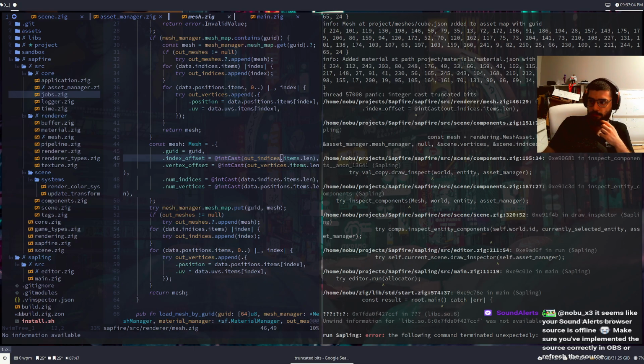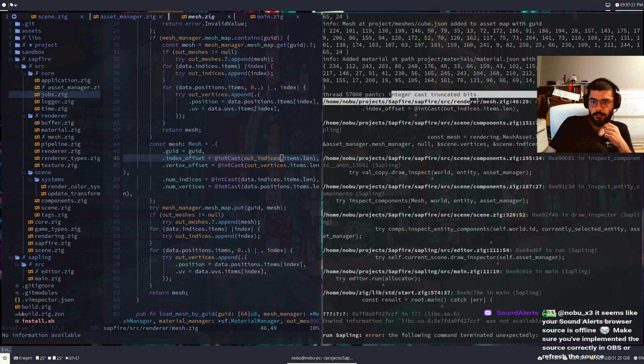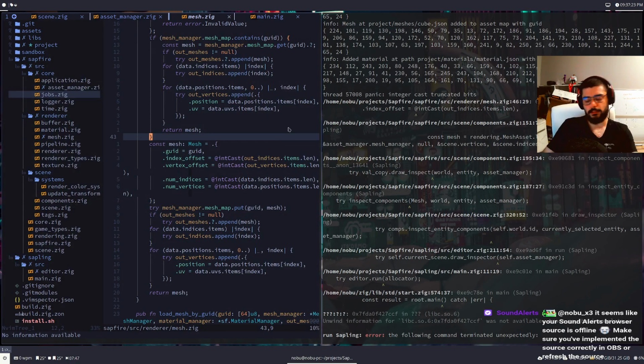When an int is cast to short and truncated, how is the new value determined? Wait, integer cast truncated. Okay, so